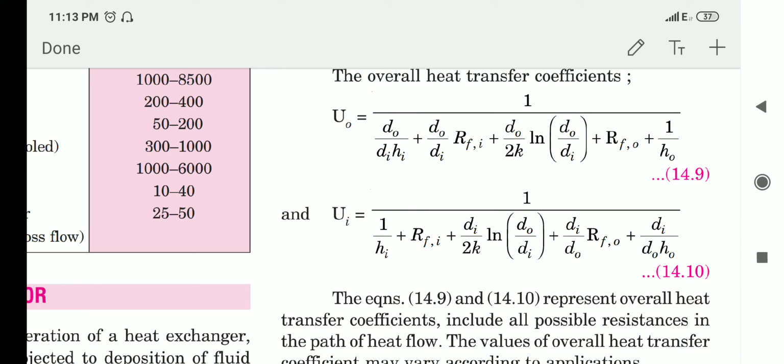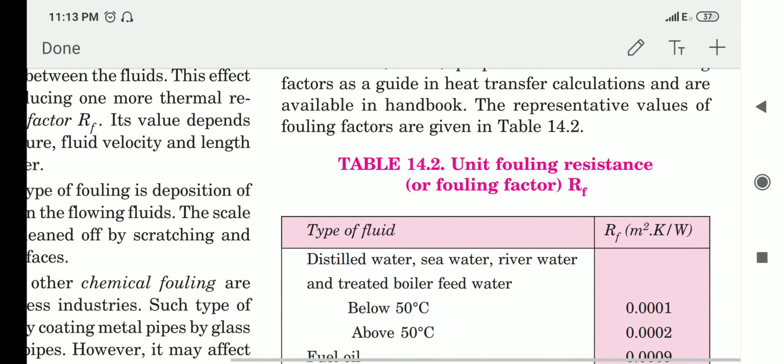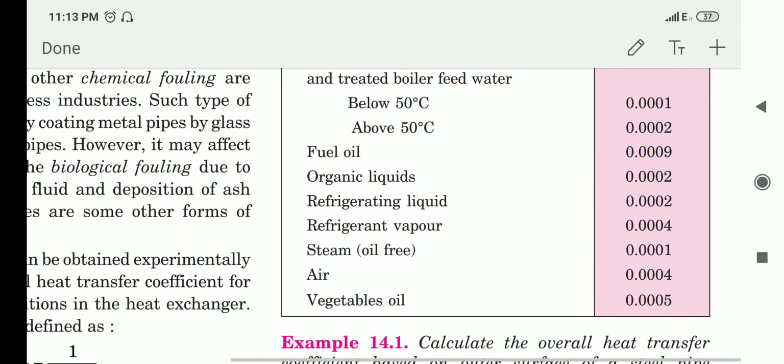In the problem, if it is given as a fresh heat exchanger or a new heat exchanger, we never want to use these fouling factors. If it has to be used, it will definitely be given in the problem, and this formula never needs to be memorized because it's available in your data book. So please don't worry. This fouling factor may be asked as a 5-mark question or so, but it is being asked.